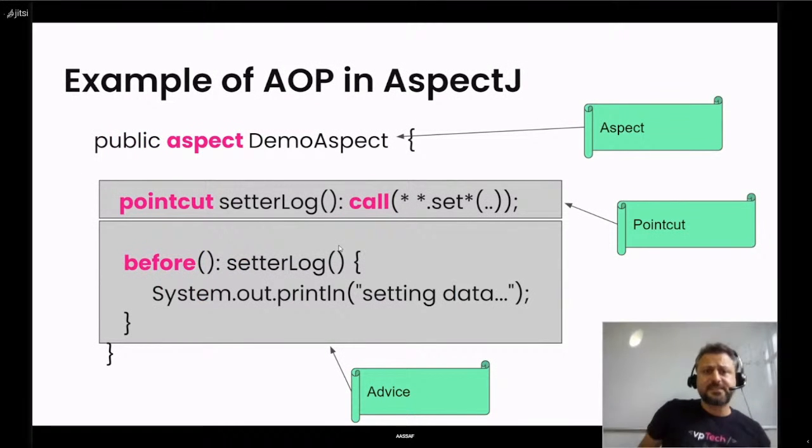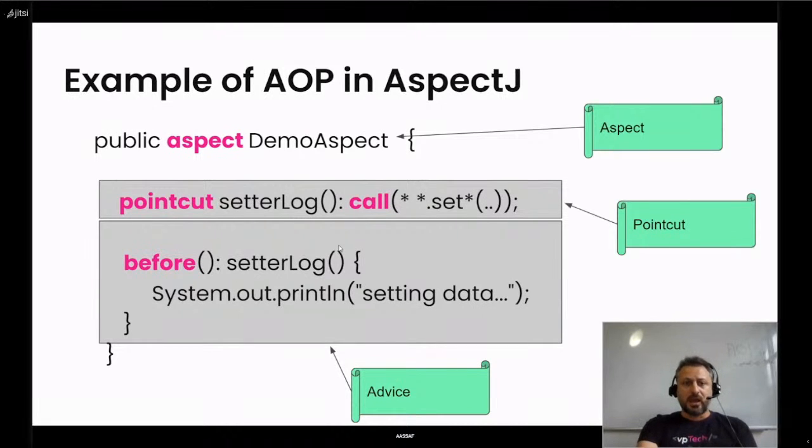So this is a simple example of an aspect written in AspectJ. It's very, very simple, in fact. We have a class; in fact, AspectJ creates an entity called aspect. So it's important to introduce and talk about AspectJ because it was the first aspect language. Well, the presentation today is about .NET, but we will see this after, in fact.